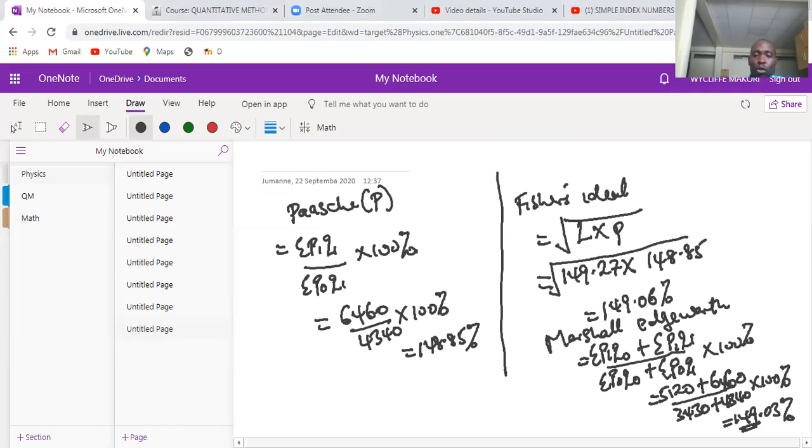One thing I want you to notice: the moment you have calculated the Paasche price index,